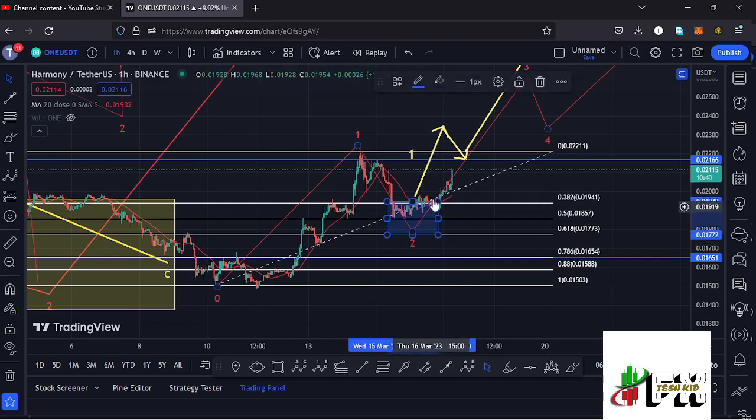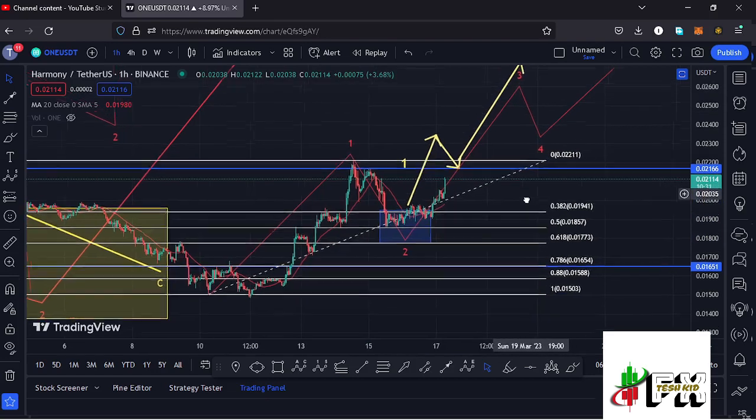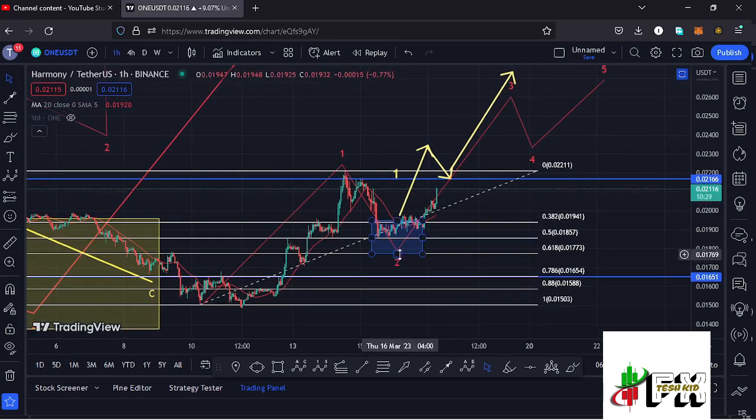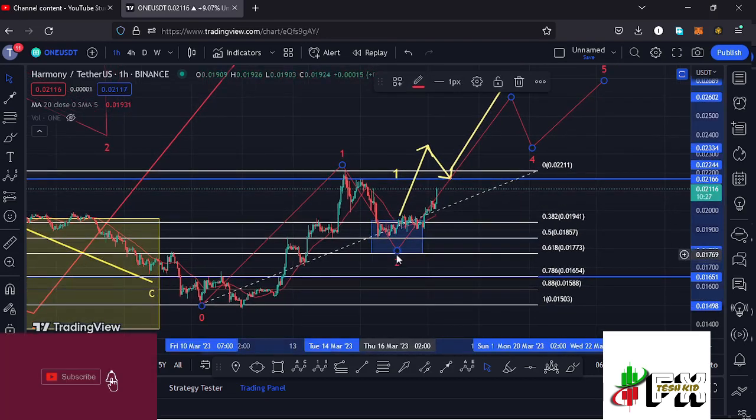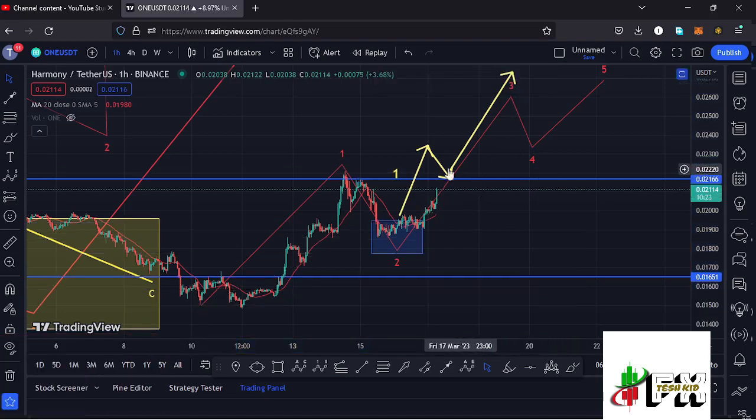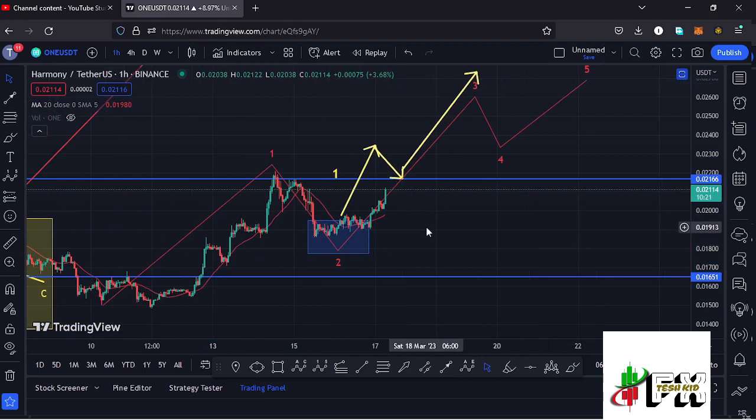And at the time of this recording, we are seeing a reaction of those areas here on the Fibonacci's, that is the fib level 0.382 and the fib level 0.5, and there are chances that we bottomed out in the formation of that wave 2 between the fib level 0.382 and the fib level 0.5, and whatever we are seeing at the moment is the start of an impulsive wave to the upside in the formation of this wave 3,